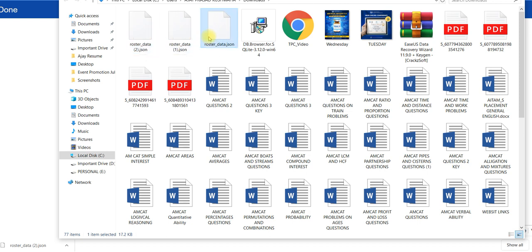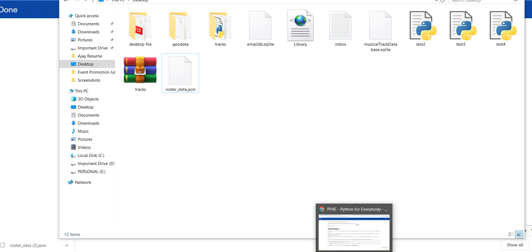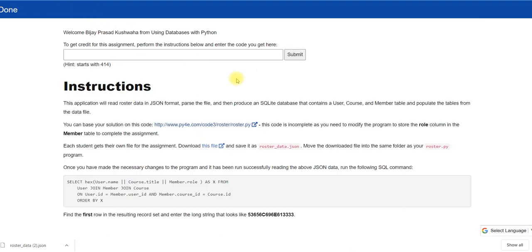Okay, here it is. No problem. I will copy it. I will go on the desktop. I will paste here. Okay, so this is roster underscore data dot json. So now I have to go and complete the assignment.